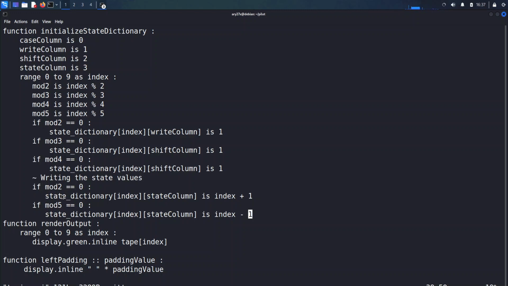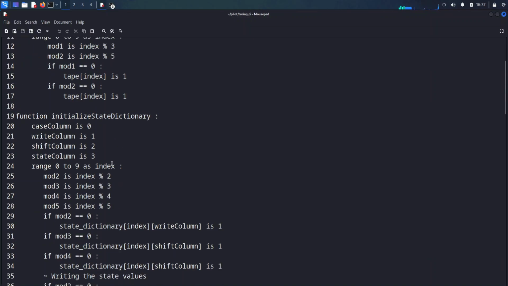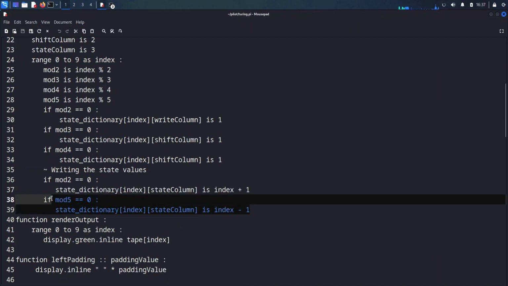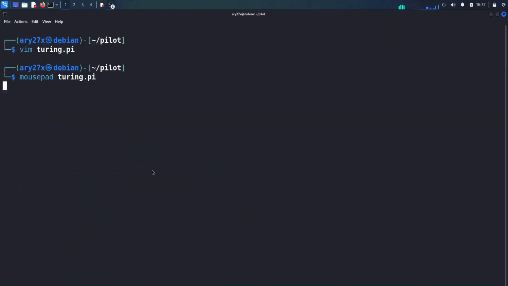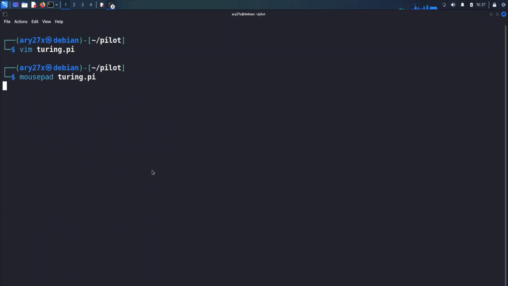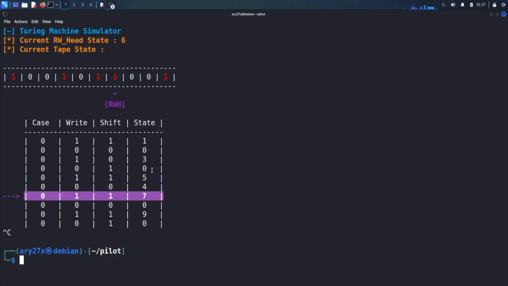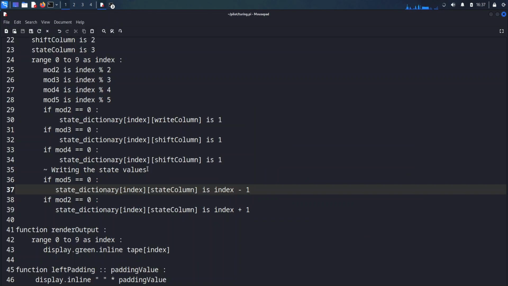Okay, let's make this at the top. Okay, I'll actually open this in mousepad. So what you want to do is you want to actually, I hope this doesn't mess up with the program. The thing is, the prime numbers are getting left behind, right? For prime numbers,